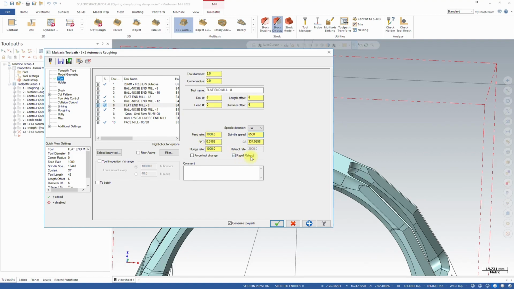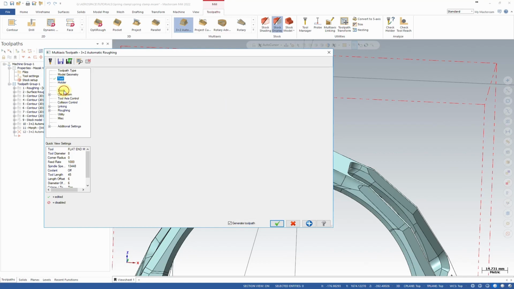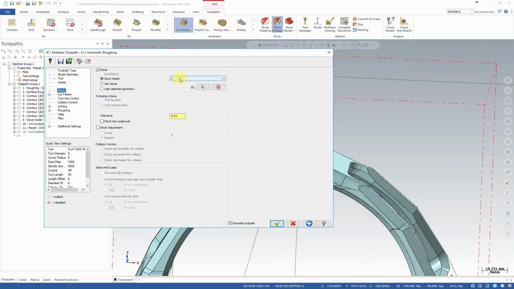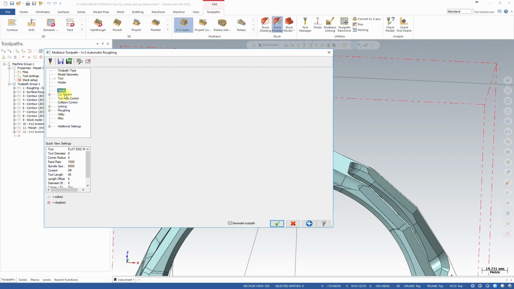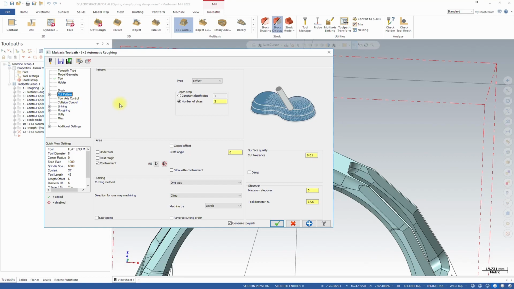Okay. Holder stock. I'm going to select the stock model, number 1, the one we created here. And the cut pattern, I'm going to use offset, and I'm going to leave slices as 2, and also I'm going to change my maximum step over to 2,